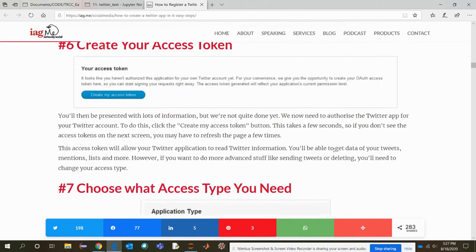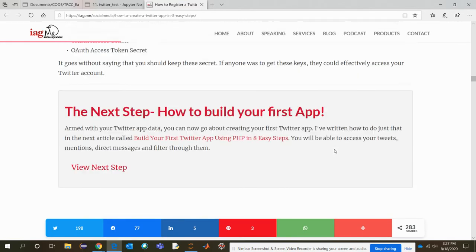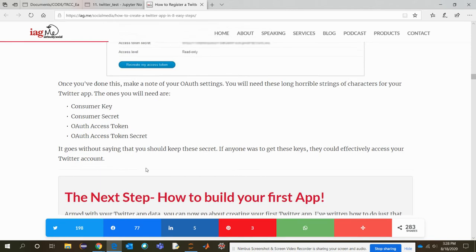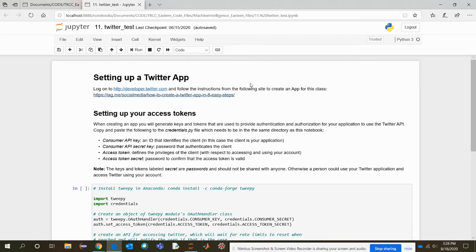Using all these 8 steps, create your keys. What are those keys? Customer key, customer secret, authorization access token, and authorization access token secret. You need these 4 keys in order to have access to your developer account and to use Twitter APIs, application programming interfaces. I'm going to close this link. Once you have all those 4 keys with you,